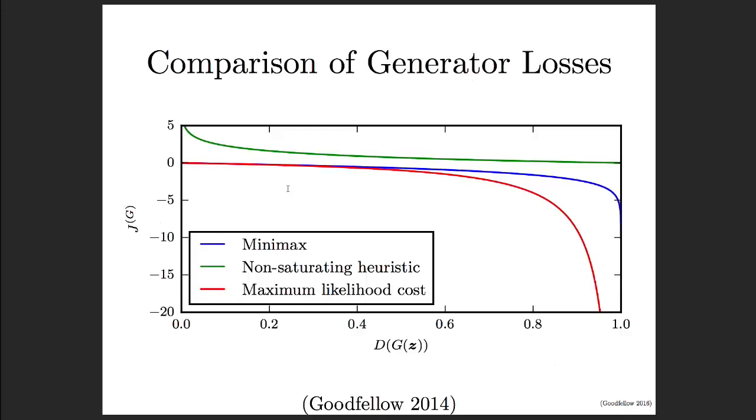So we would incur very high variance in the estimate of the gradient if we were to use that particular function, because almost all the gradient comes from a single member of the mini-batch, whichever one is the most realistic. And because of that, we don't usually use the maximum likelihood cost with generative adversarial networks. We use one of the other costs that has nicer saturation properties and nicer variance properties,